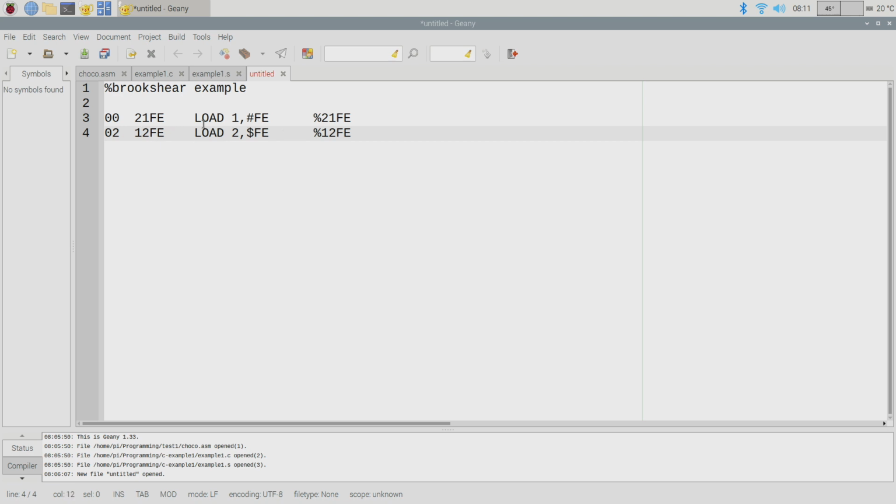Okay, so this is called an assembly listing, and what you've got running down the left, of course, are the memory addresses for each of the instructions. For this particular architecture, they'll always go up by 2s because each instruction takes 2 bytes to specify. Following that is the actual instruction, and then to the right we've got what the assembly is, and then to the right of that would be whatever comments you want to put in, which could be text or anything to kind of help you write it.